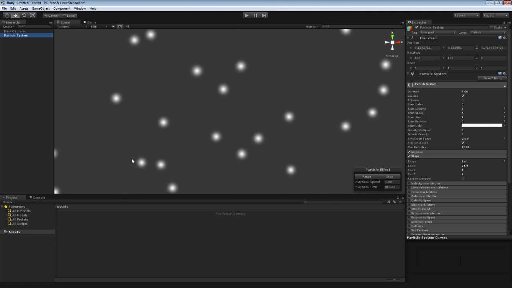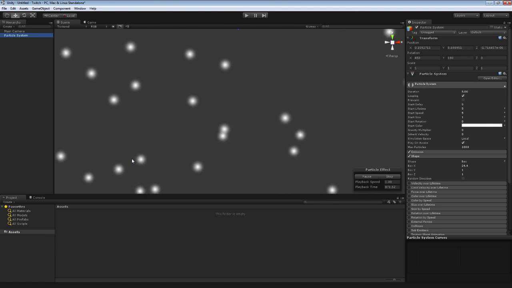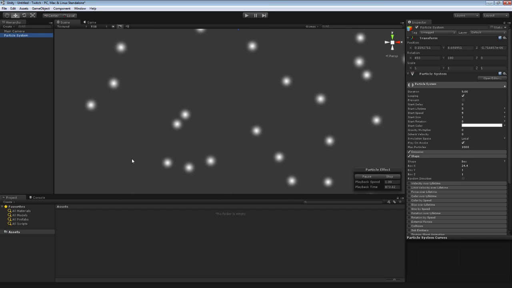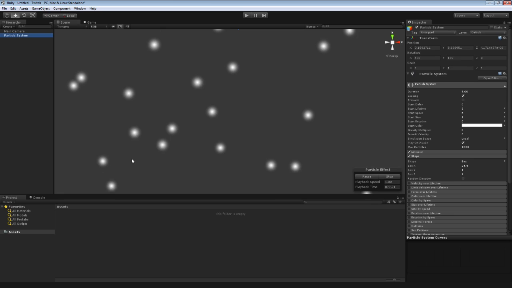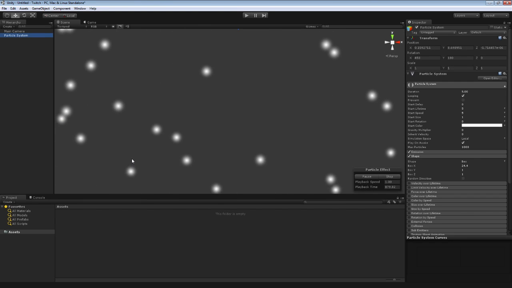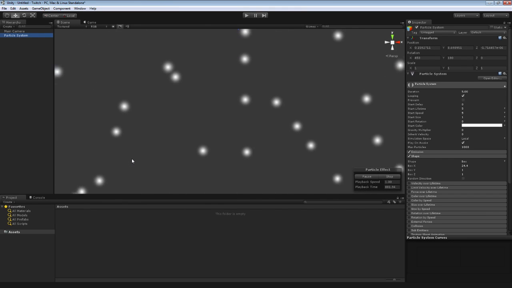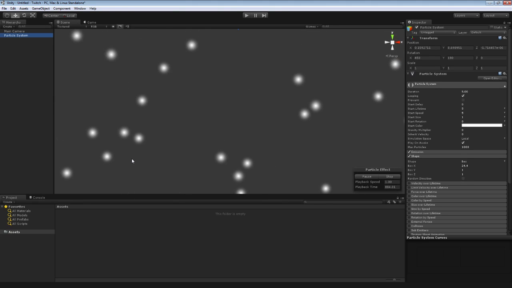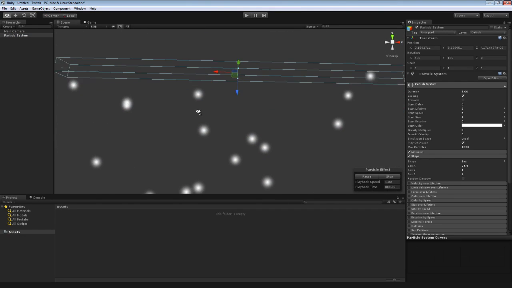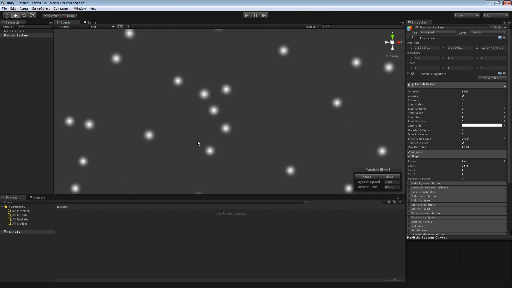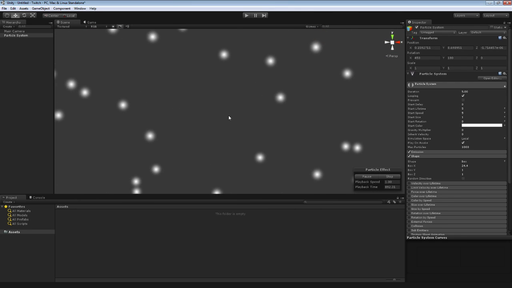A lot of people think that if you want to have like rain in a scene, you have to have these particle emitters all over your scene, raining on all the different objects in your scene and stuff like that. And really, I mean, it works, but it's highly inefficient. What we could do instead is create basically a box emitter like this, right, and put it just in front of the camera. And if the player just sees snow falling in front of the camera, they're going to think